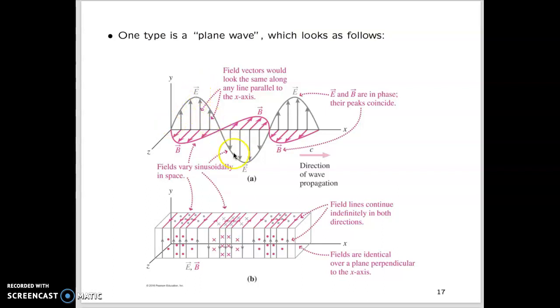And these peaks and troughs, both for the electric and the magnetic field, are moving with a constant velocity to the right, in the direction that the wave is propagating. And as the wave propagates along, the crests and troughs go by any given point along the x-axis,